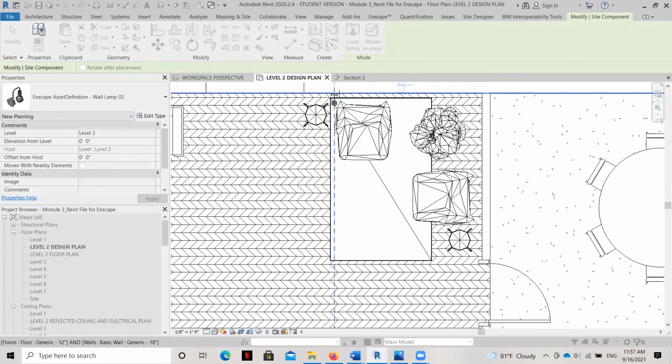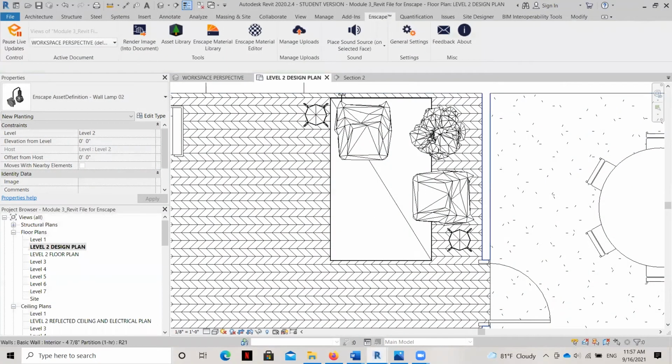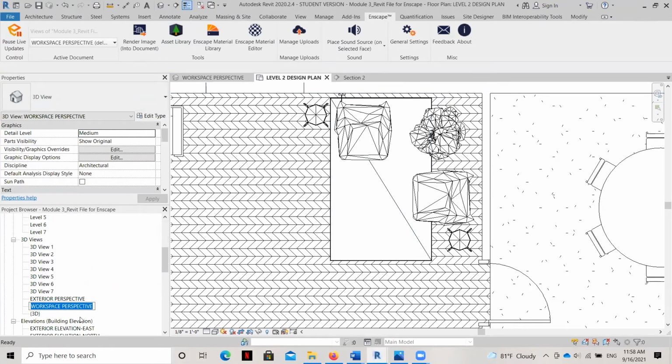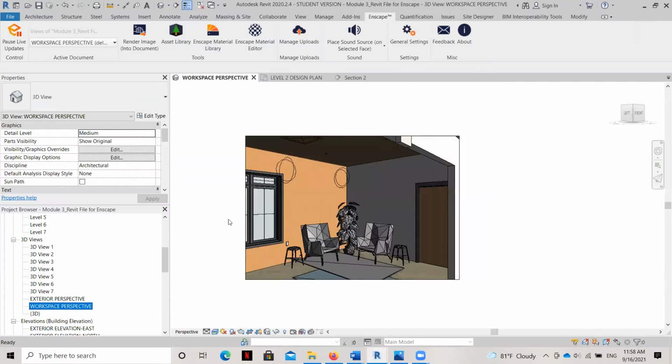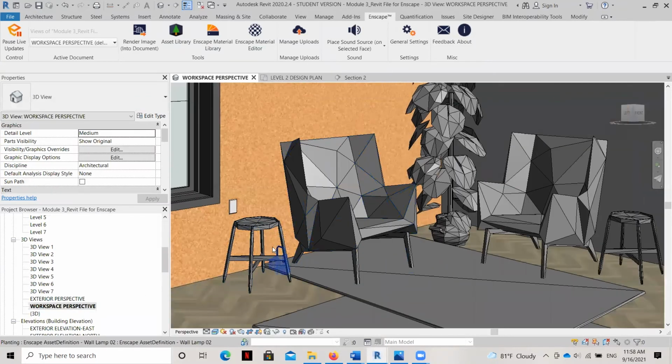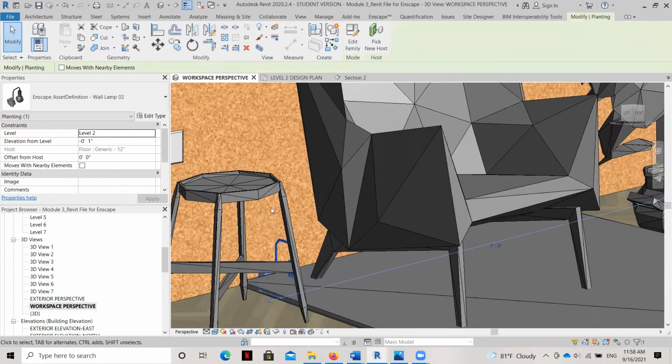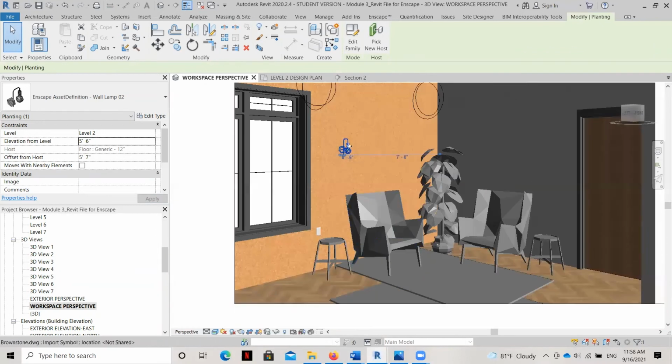Okay, and we'll go ahead and put it kind of right there for now. And it's going to be on the floor, probably. Let's go ahead and take a look at our view. Yep, there it is, right down there. So same thing here, you can click on it and use your arrows. We know it's on the floor, but it's stuck to that wall. We can go ahead and change this to, let's say, about 66 inches. And hit the apply button, and it should pop up right about that height.